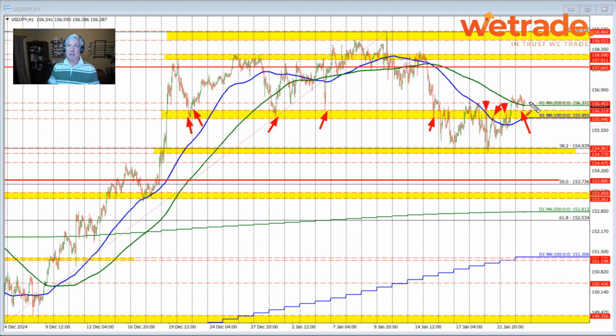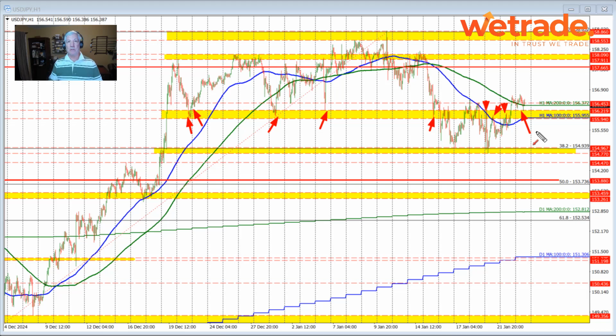So the buyers are making a play in the dollar versus yen ahead of the Bank of Japan interest rate decision. They're supposed to raise rates by 25 basis points, which they hope may strengthen the yen, push the dollar versus yen to the downside, but it always takes two to tango in the currency pair. So, with dollar strength today, with the yields moving higher and stuff like that, maybe keeping this pair more to the upside. Nevertheless, if the price is going to go lower, we do need to get below this swing area